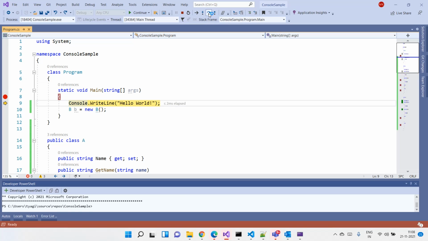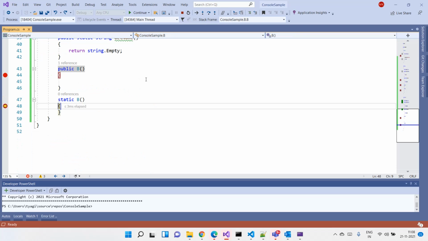Okay, so you will see here. It will first call the static member of the same class. This is the static constructor of class B. Right. That will initialize the static constructor of class B. Then it will go to the normal constructor, and then